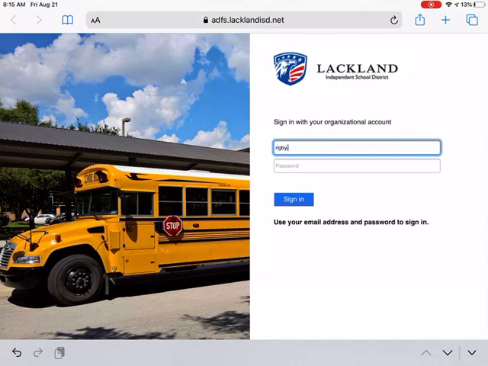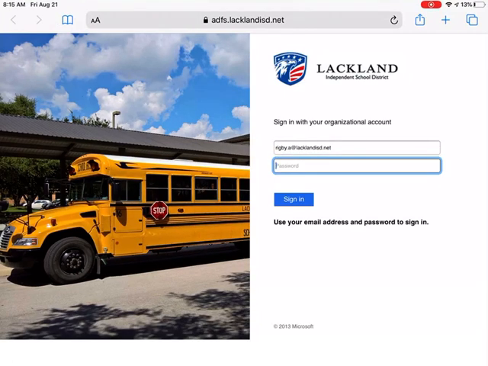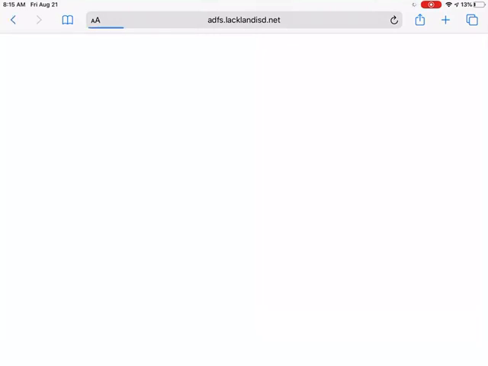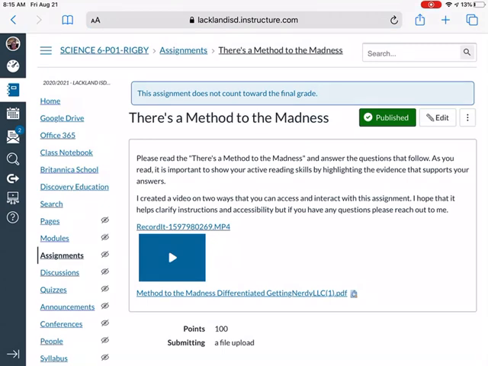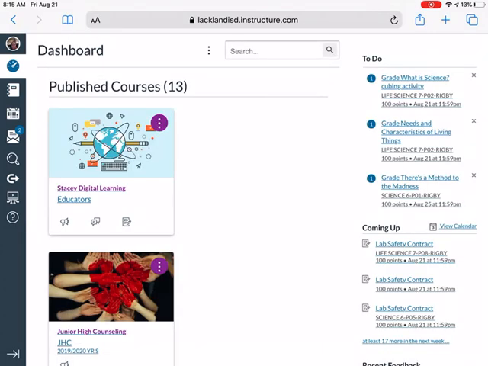So here you log in with your network ID or your Active Directory, which is your .net. So that's last name dot first name at lacklandisd.net, and your district provided password. I just put the caps on. Hope I did that right. Okay, looks like I did. Okay, so it's really, really important, like I said, that you make sure you are in the web-based version